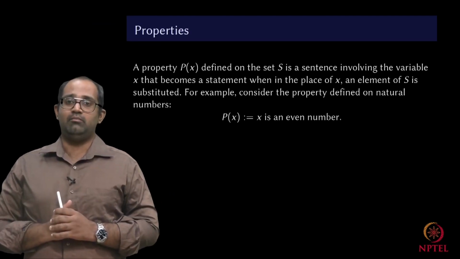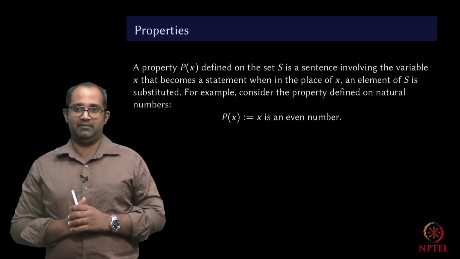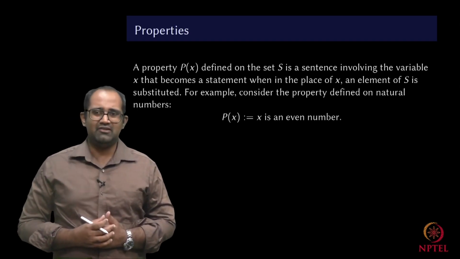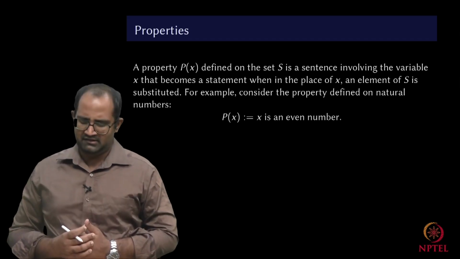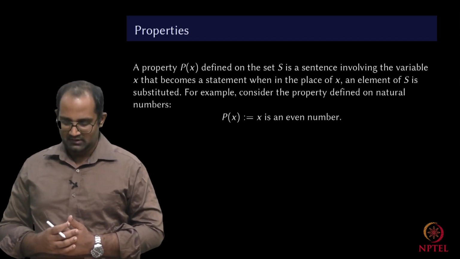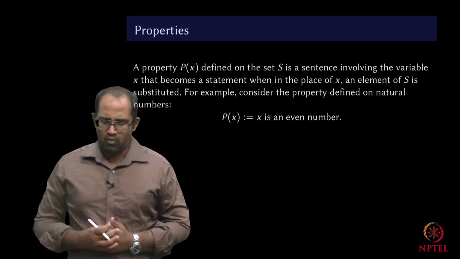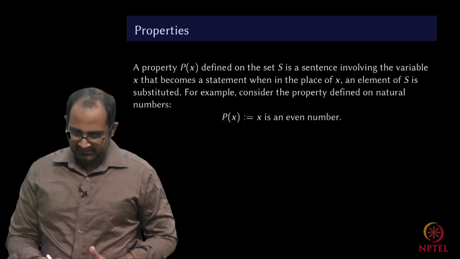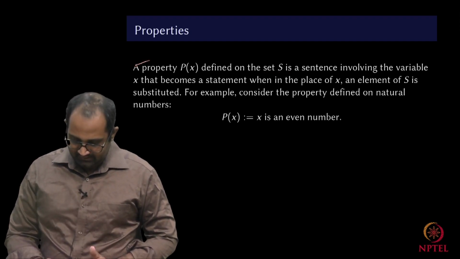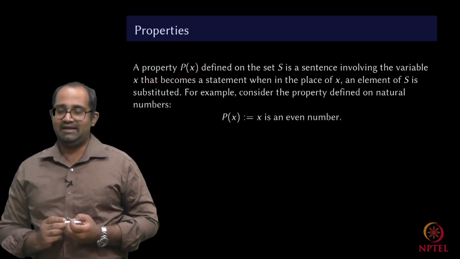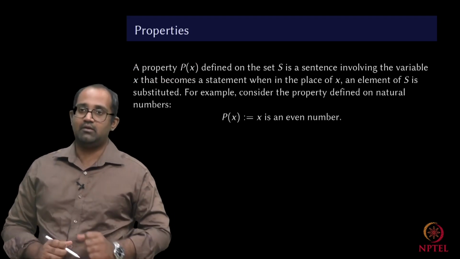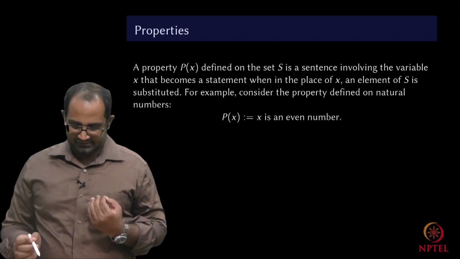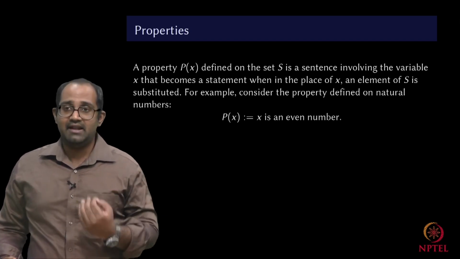We now come to the important notion of a property. As we saw in the video on basic set theory, it is not possible to describe complicated sets just by listing out the elements. We need properties. What is a property? Well, you are given a set S, a property on the set S is a sentence that involves a variable X. When you plug in a concrete element of the set S in the place of X, then P of X